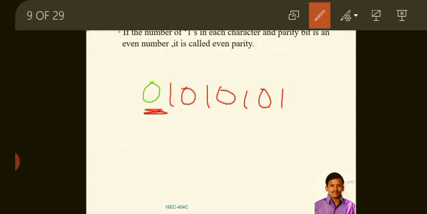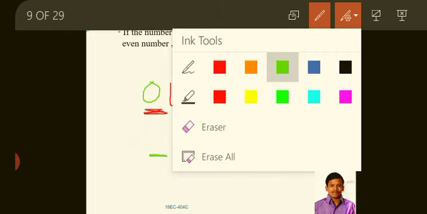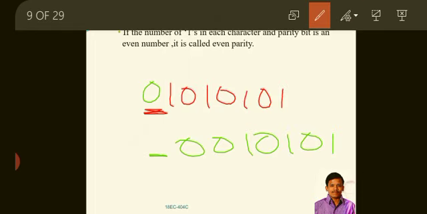Suppose one more example. I will take one more 7-bit data. I have randomly given some number. If you look at this number, there are 3 ones. To satisfy the even parity method, here are 3 ones, so to make it an even number of ones, we have to add 1.